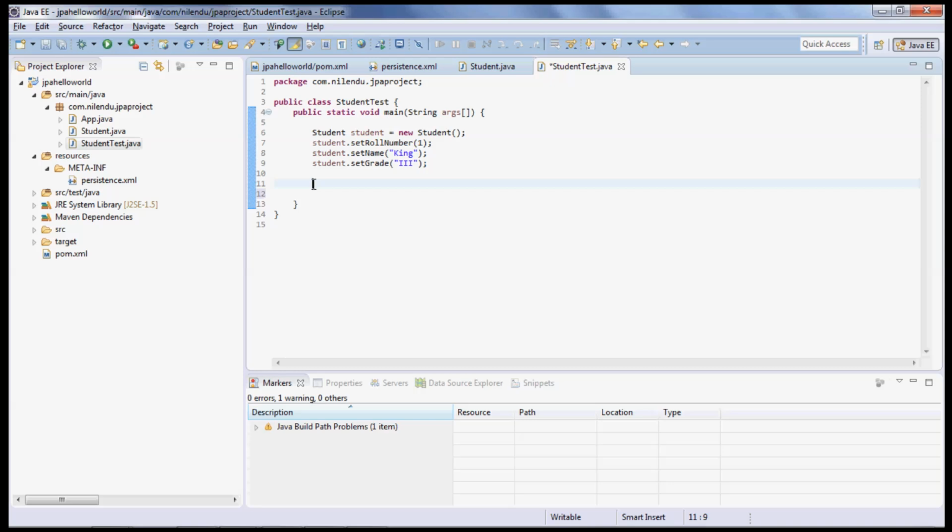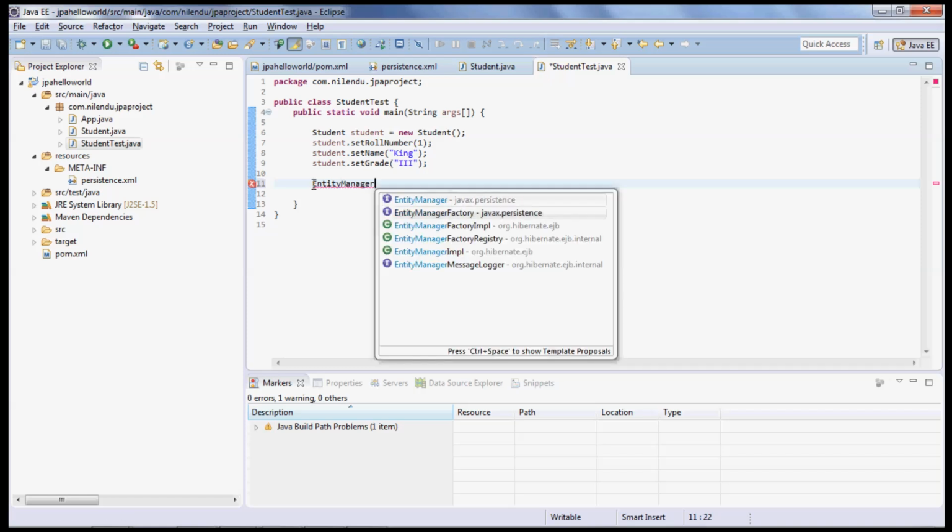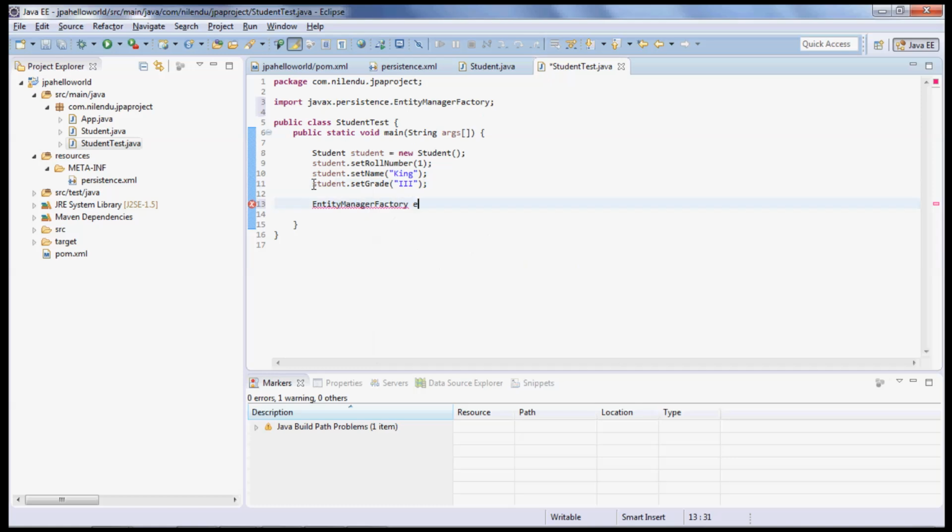Okay, so now we will need to make sure that JPA can store the student object to the database. For that, we need to ensure that we open some kind of a connection with the database, and for getting the connection we need a manager which will manage the connections to the database. So we will use an EntityManagerFactory. The EntityManager is a kind of a connection to the database. So we will use EntityManagerFactory, let's call it emf